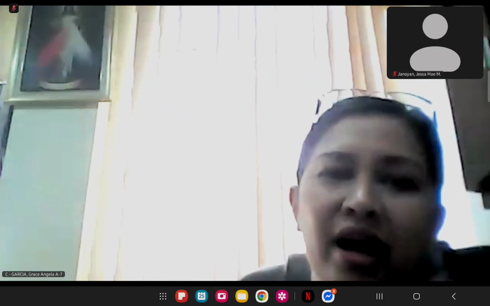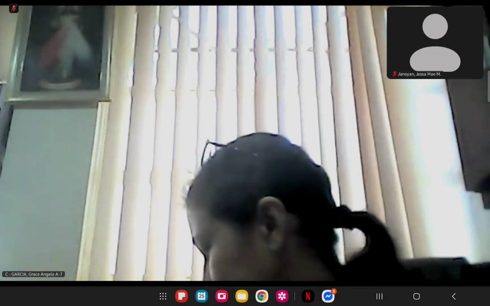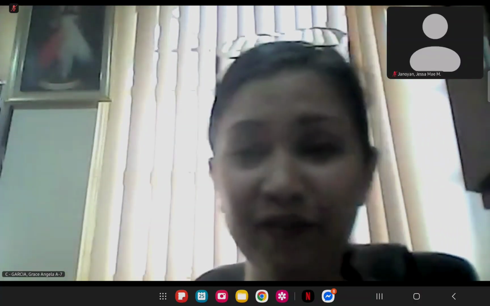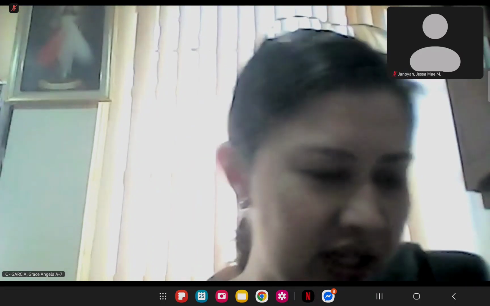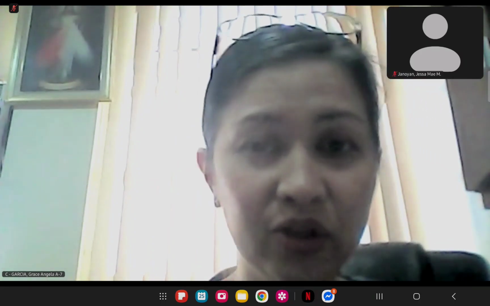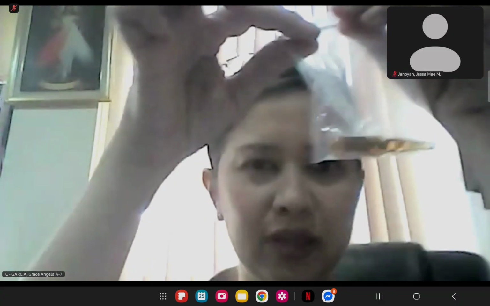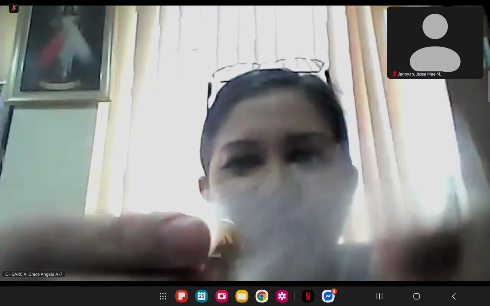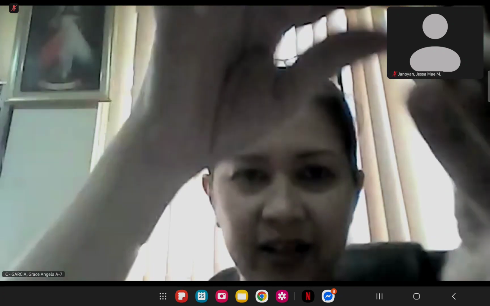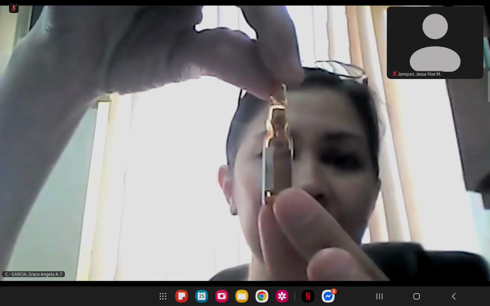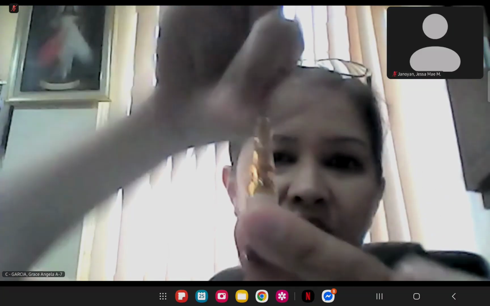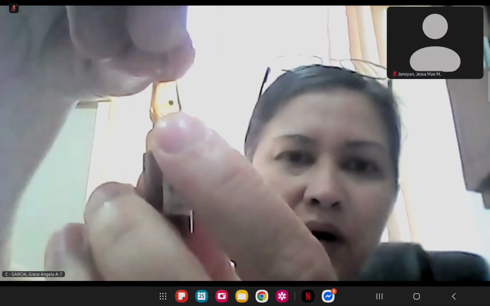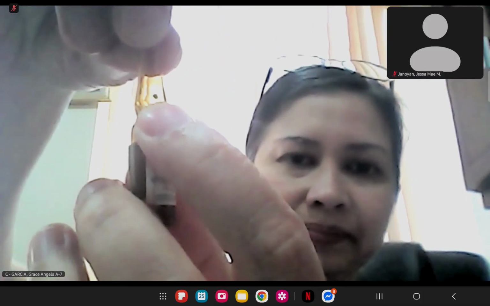But for the epinephrine vial, if you are not trained, so I really have it in my clinic now, and eventually if you have your own clinics, you should also have epinephrine. I placed this one in a plastic because it's very fragile. So this is your epinephrine vial. You need to break it off. There's a colored dot there, and that's the dot where you would break off the glass.